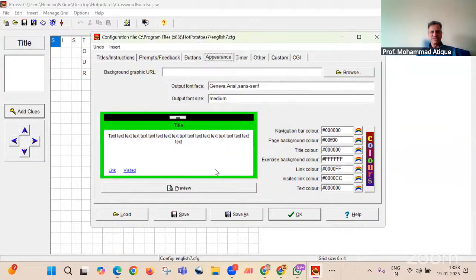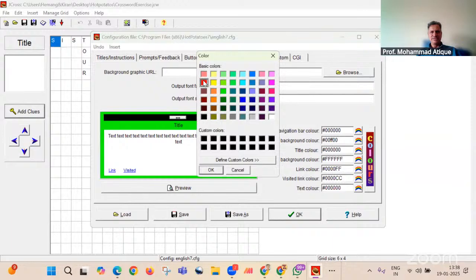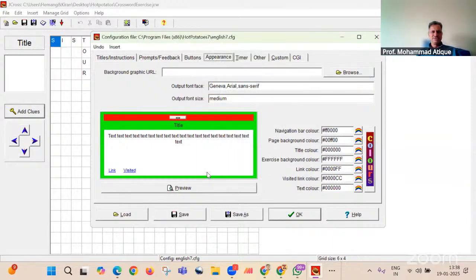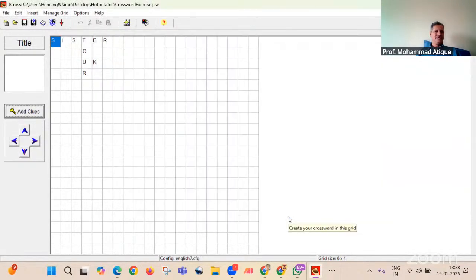You can click on that, or choose some combination. This way you can set the color of everything listed on the right hand side, that is the navigation bar, page background color, title color, exercise link color, and so on. Click on OK.